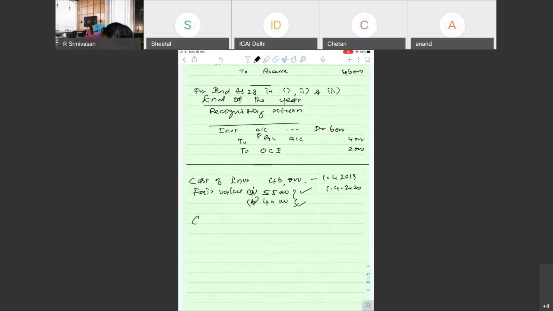So case A, other comprehensive income rupees 9,000. We'll be adding this. And case B, the value is decreased, fair value is decreased. So other comprehensive income we'll be taking as minus 6,000 rupees. So this is what they have said here, and I'll be doing the problems with the Ind AS